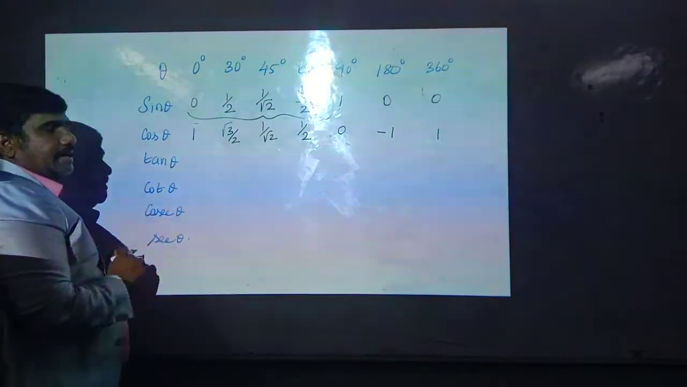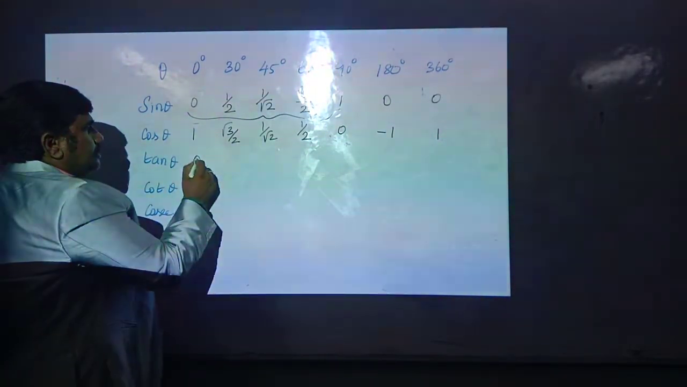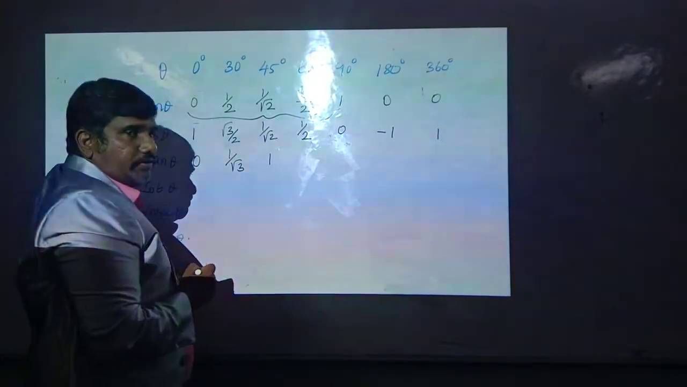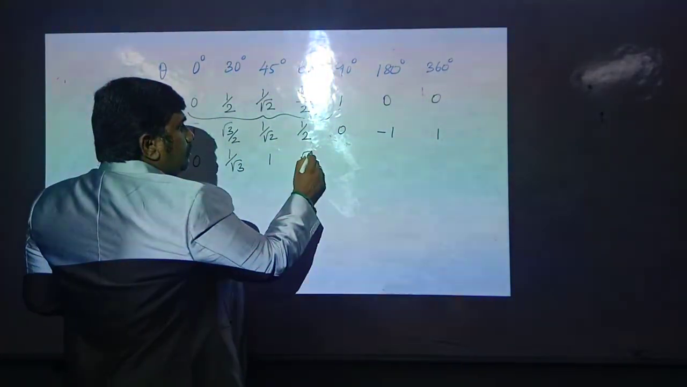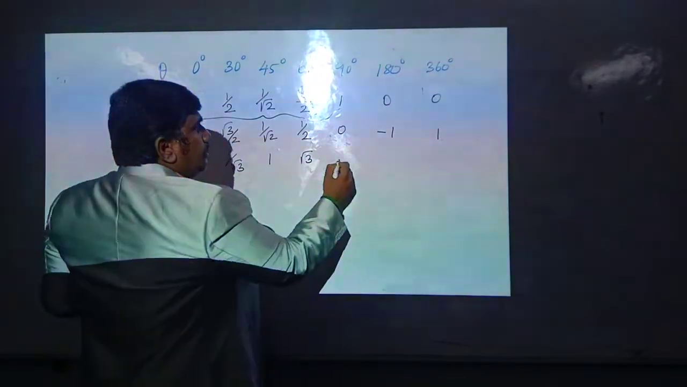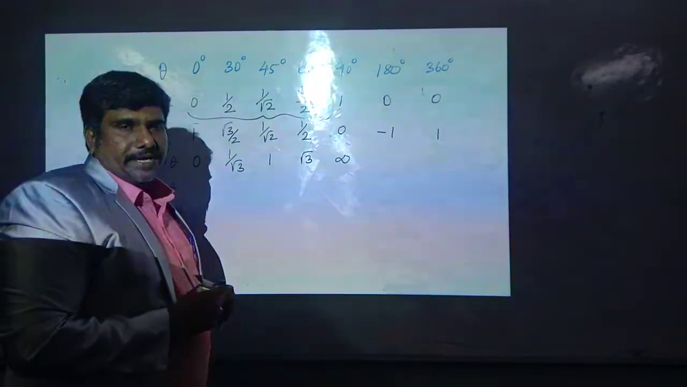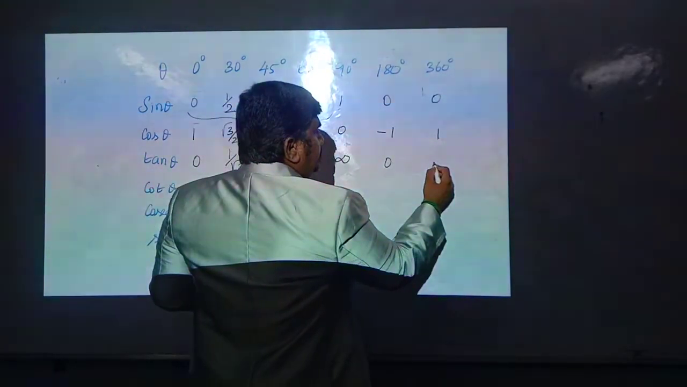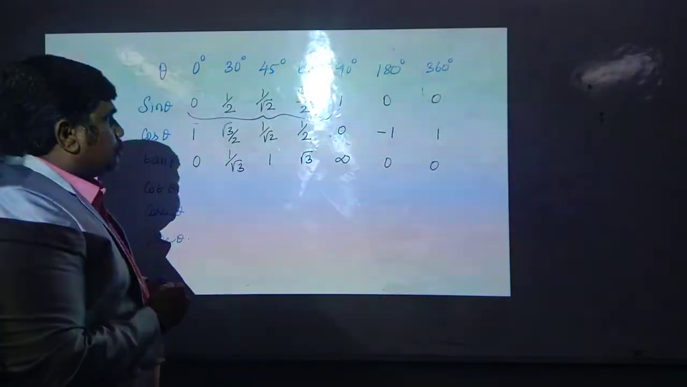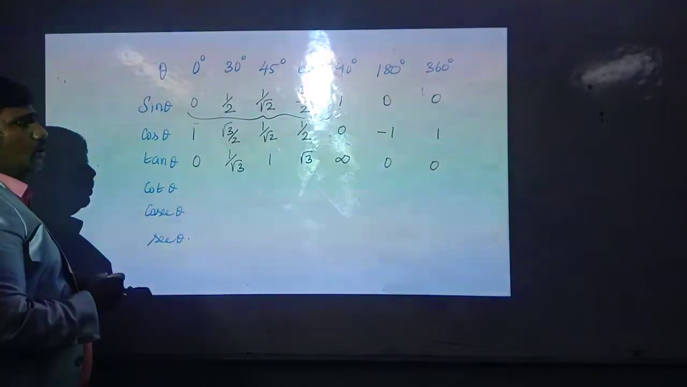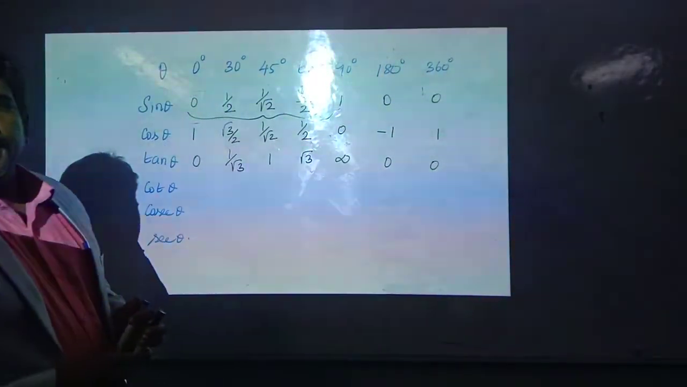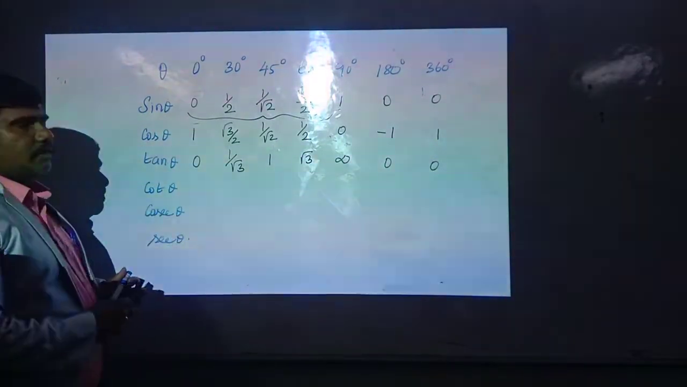Then similarly tan. If you take tan 0 it is 0, tan 30 is 1 by root 3, tan 45 takes the value 1, tan 60 is root 3, tan 90 is infinity, right? And tan 180 is 0, tan 360 again becomes 0. So once you know these functions, then automatically you can find out the values for the other